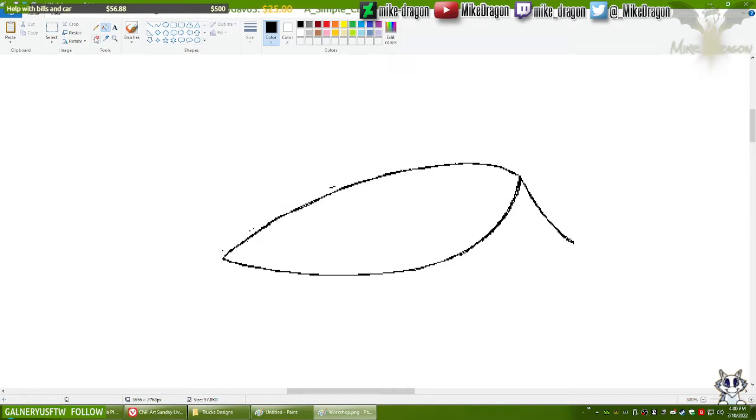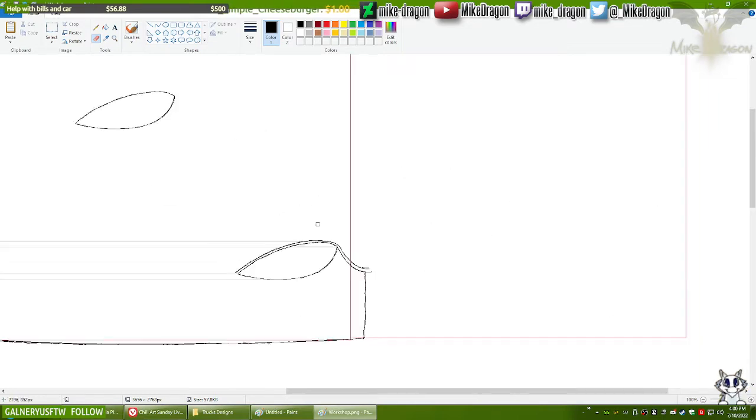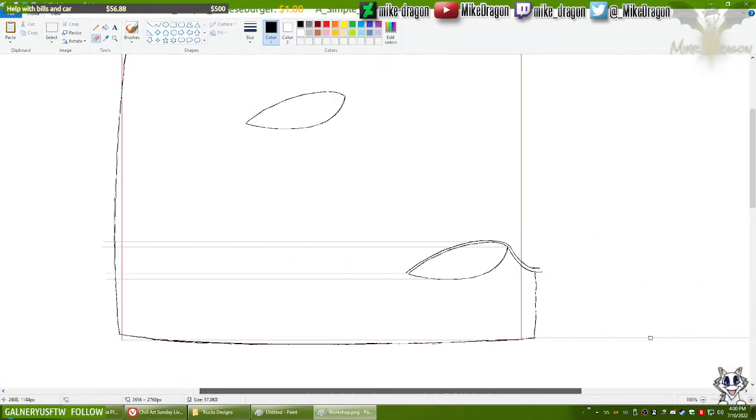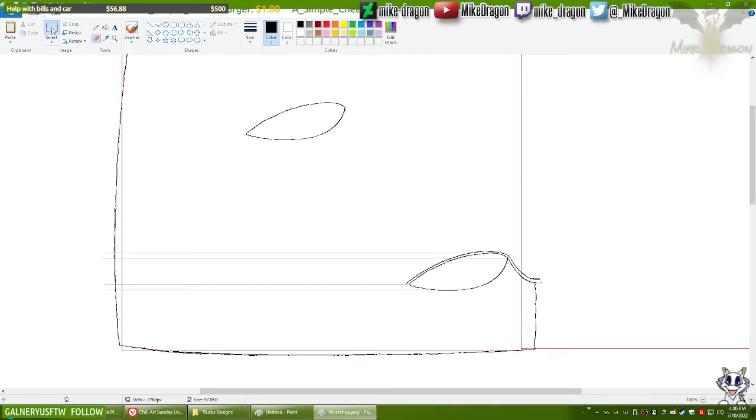There we go. Much easier. Let's copy this, flip horizontal, line it up with the original, and let's drag it to the other side.